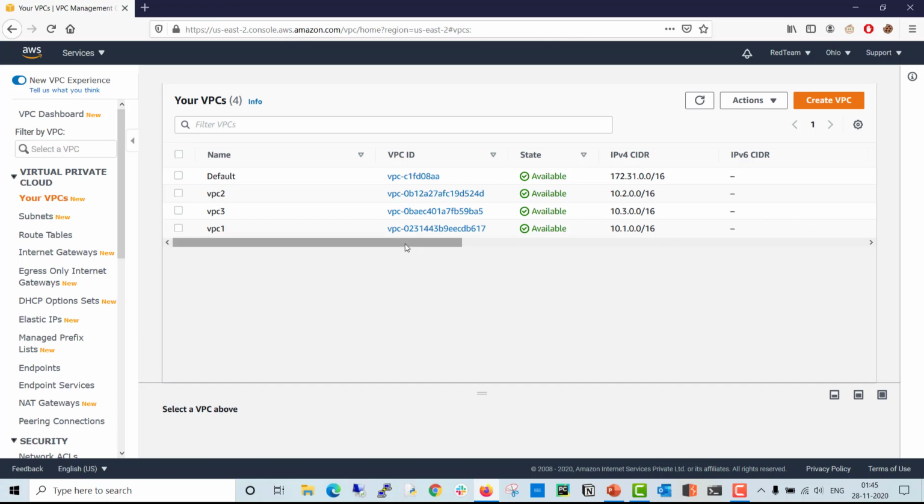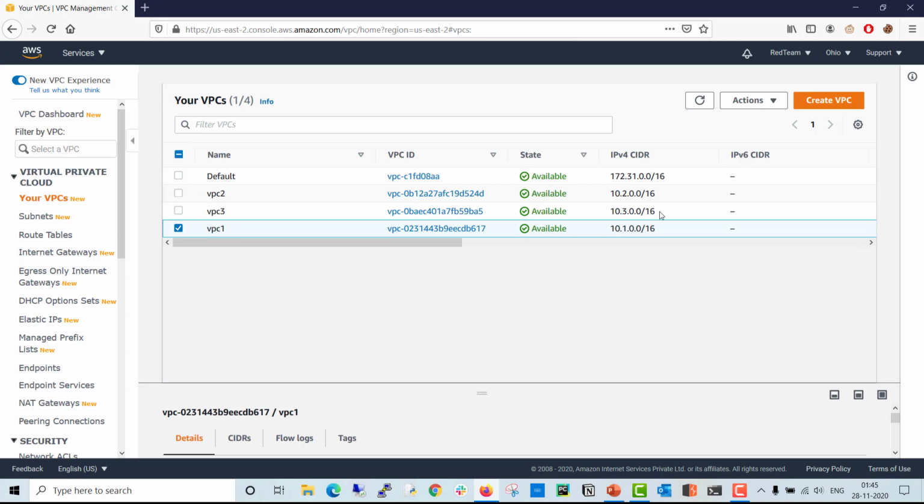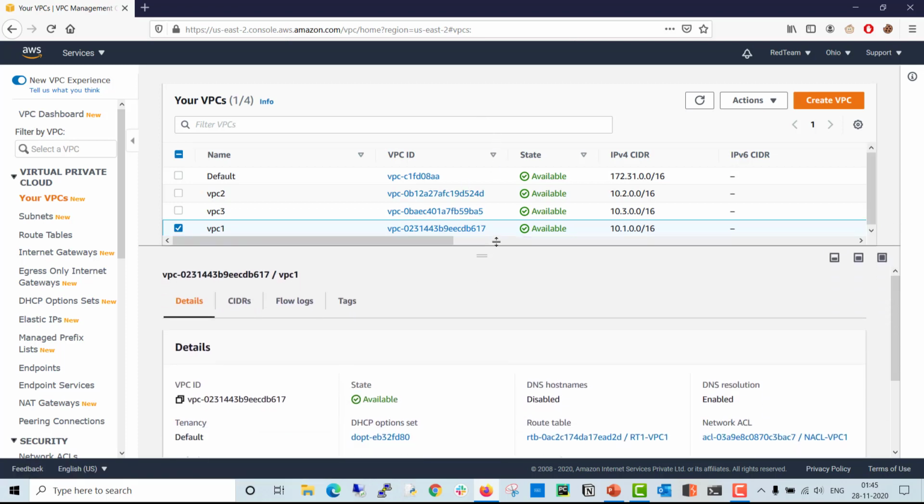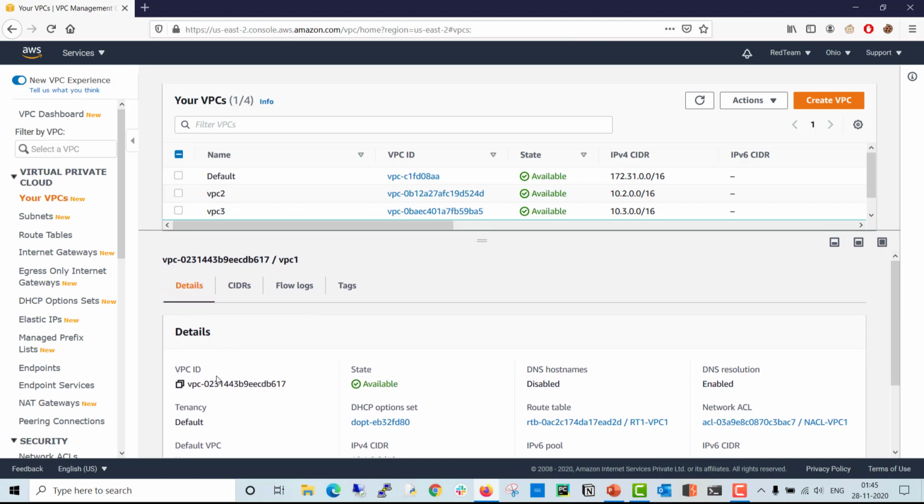Okay, so you can see here we have 4 VPCs within this region. One is the default VPC, which is there by default, and these are the 3 VPCs which we created. We have VPC1, VPC2, VPC3. Let's click on VPC1 to check the status of this VPC. So these are the details about the VPC: VPC ID, DHCP options,